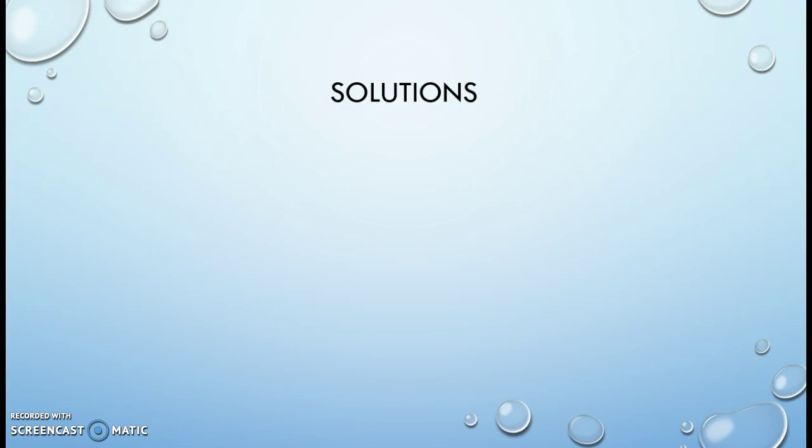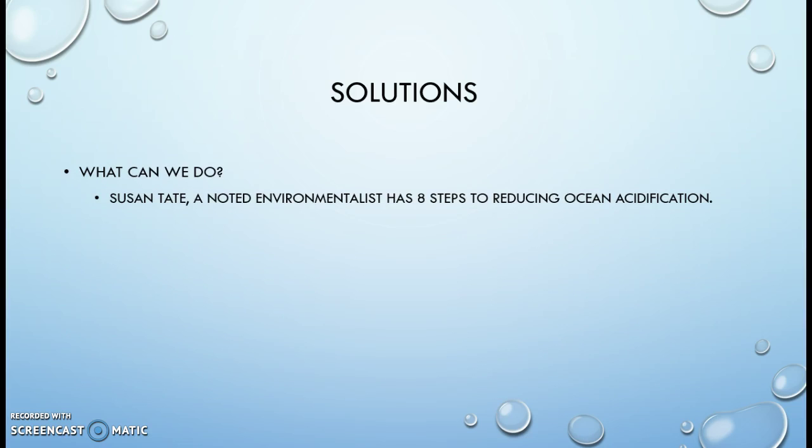Solutions. What can we do to better protect our Great Barrier Reef? Well, Susan Tate, a noted environmentalist, has 8 steps to reducing ocean acidification. Now remember that most of these steps will mainly be directed towards Australians and other people who live closer to the reef, but we can all take these into consideration because we all live close to a watershed, or we're